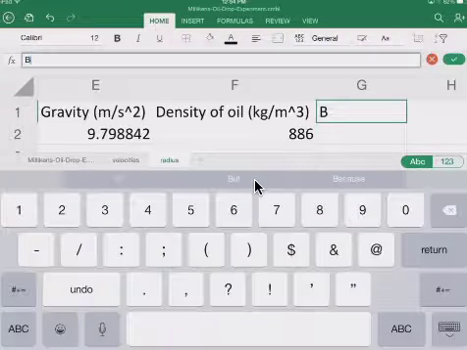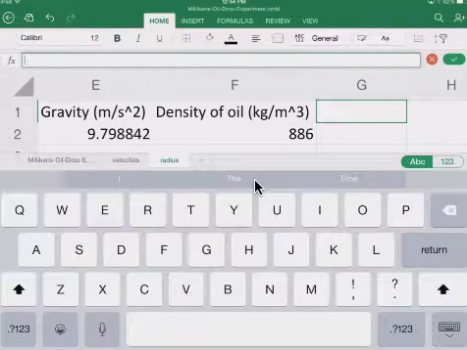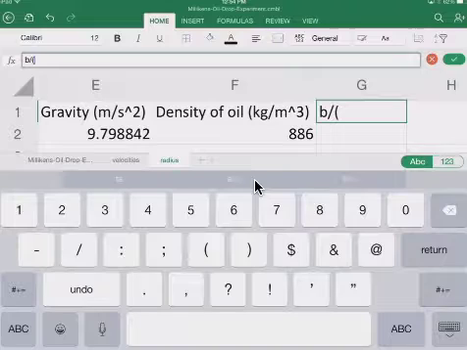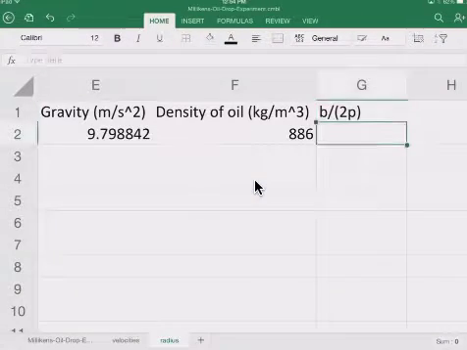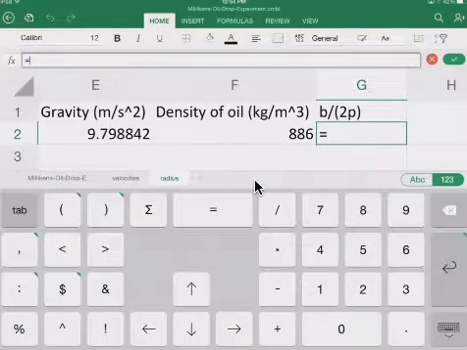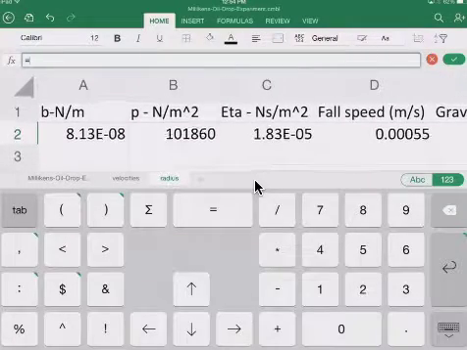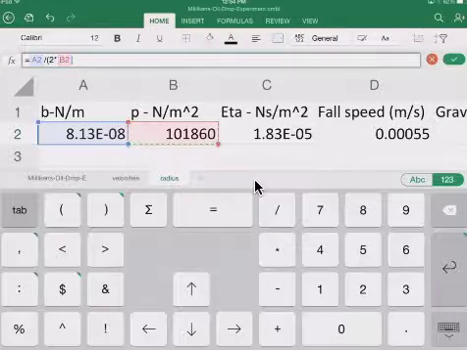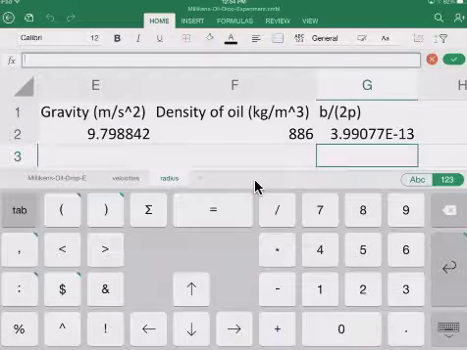So this is B divided by 2, and I probably should do it this way, 2P. Okay? So this is just going to equal, and let's go find B. B is already calculated. And then we want to divide it by 2 times P. And we have P right here. And we're going to just hit return. All right, so we have B